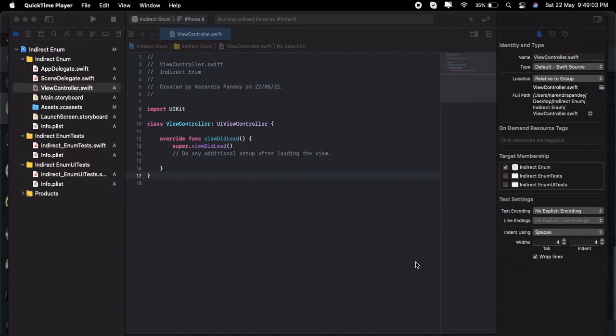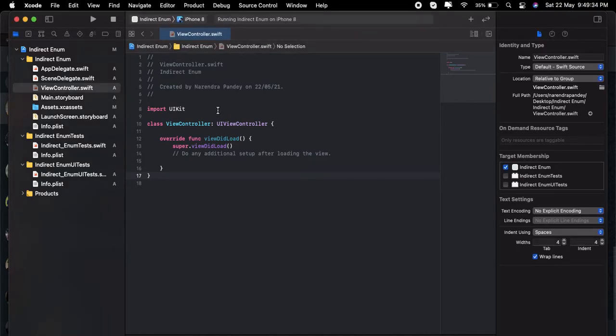What it is. Indirect enum is one kind of recursive enum which will encapsulate its own type. It can reference themselves and can grow in any size. Indirect enum can potentially grow to become infinite sized, right? That means it contains a reference to itself again and again. So let's start with the indirect enum, how we can use it.